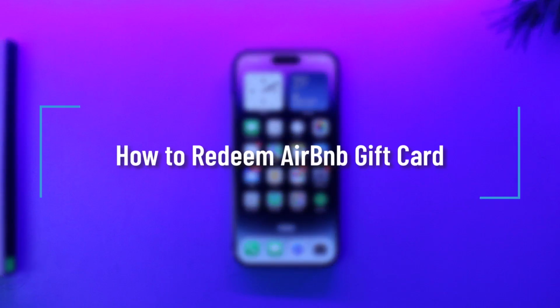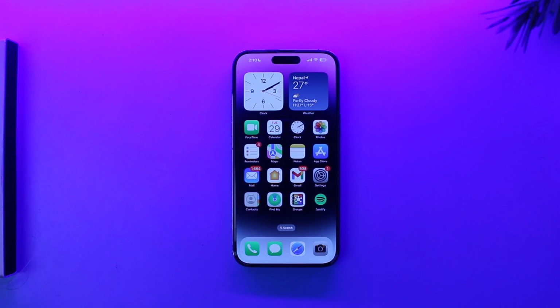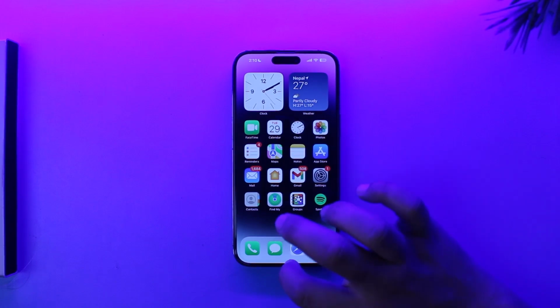How to redeem gift cards on Airbnb. So if you'd like to redeem a gift card on Airbnb, it is very simple to do so. Basically, all you have to do is first of all make sure to launch the Airbnb